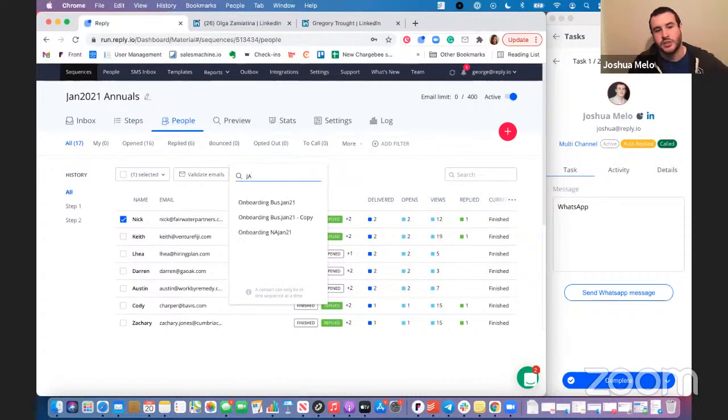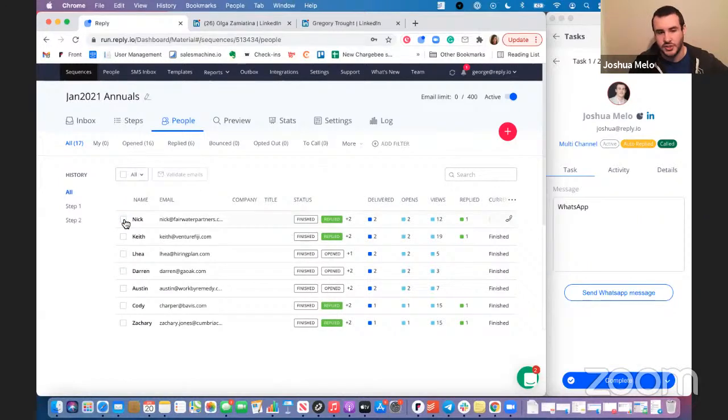For this instance, you can remove them. So in the same sequence, you can remove them from the list. So for Nick, remove. We're not going to do it because this is George's campaign, but you would remove Nick from the sequence entirely, and then you would move them back into the same sequence, but you can select which step you want to move them to. So one additional step, but it can be done.